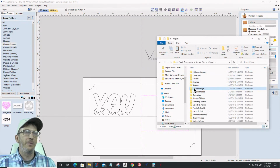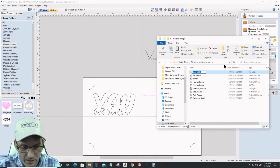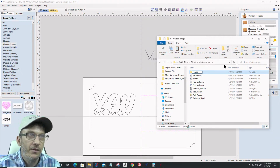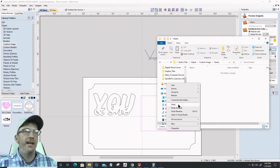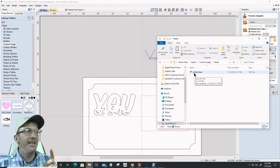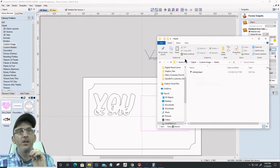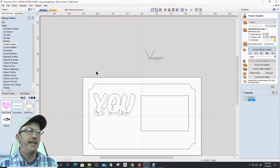And in that custom images, let's create a subfolder. And we'll call this hearts, just for kicks and giggles. And in there, let's go ahead and drop in that DXF file. Okay, and that DXF might not show up. So to give ourselves the best option possible, let's go ahead and